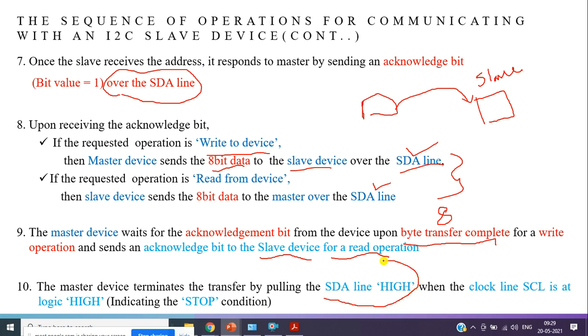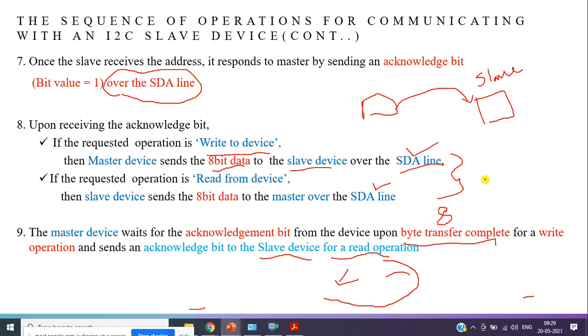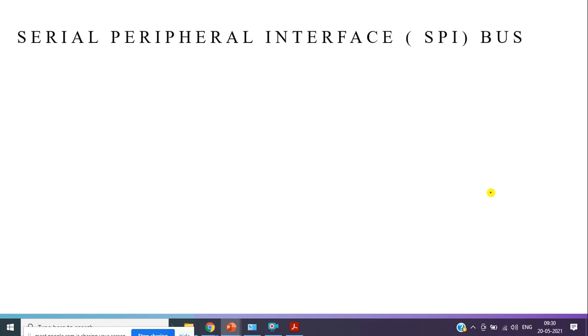Of course, even for stopping the signal, the SCL line is always high, because without the clock signal nothing is possible. SCL must be high, but while transferring the data, we had made SDA go to 0. That was the time when data transfer was ready. Now I want to terminate the transferring of data, so I just make the SDA line go to logic 1. That indicates the stop condition.